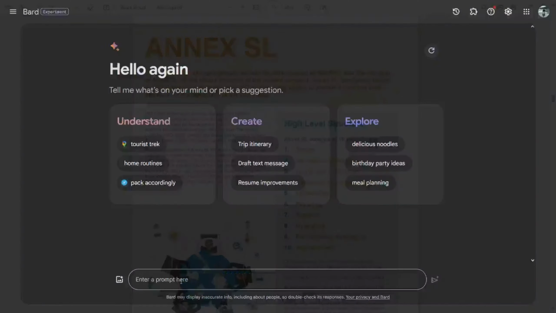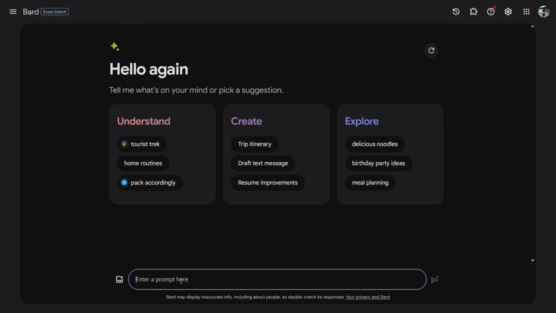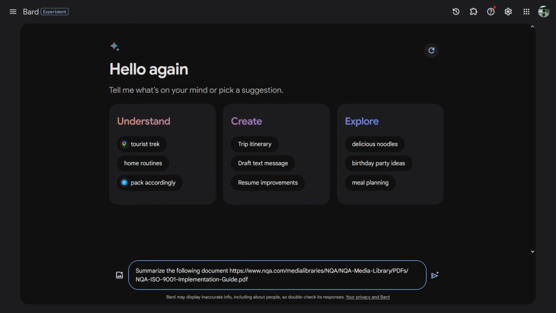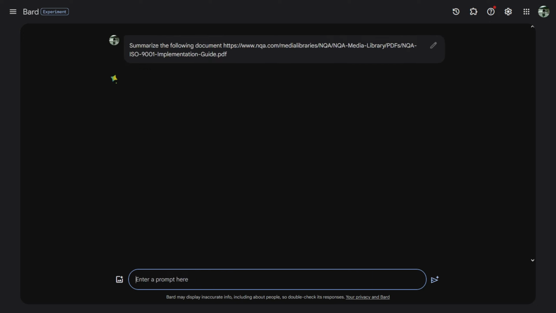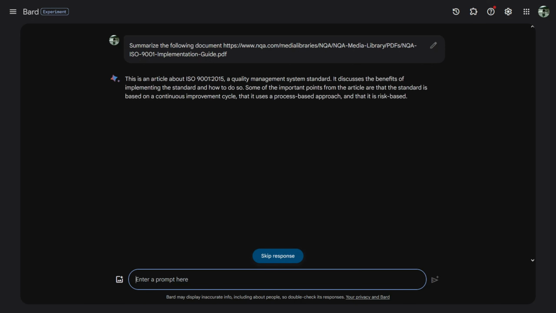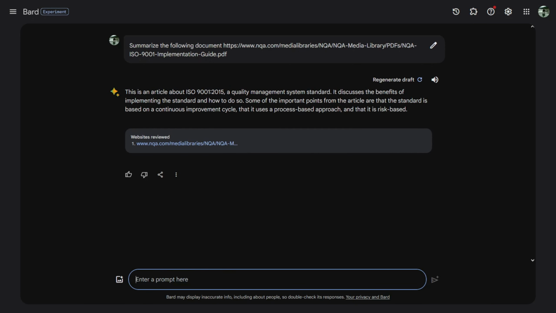So first, I will just ask Bard to summarize this document, and I provide a link to a location where Bard can access this file. So here you can see this is a very brief summary. What is interesting here is that now Bard could access a file that is externally located, but I think there's